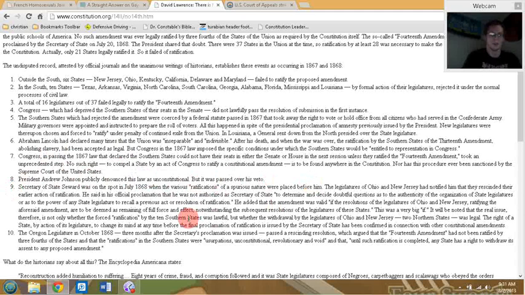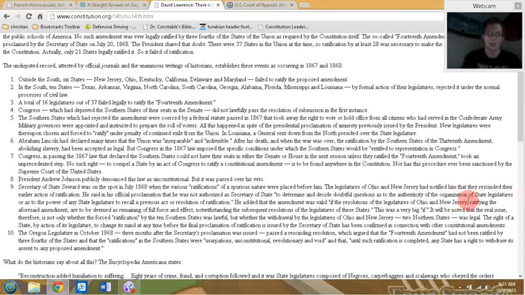Secretary of State Seward was on the spot in July 1868 when the various ratifications of a spurious nature were placed before him. The legislators of Ohio and New Jersey had notified him that they rescinded their earlier action of ratification. He said in his official proclamation that he was not authorized as Secretary of State to determine and decide doubtful questions as to the authenticity of the organization